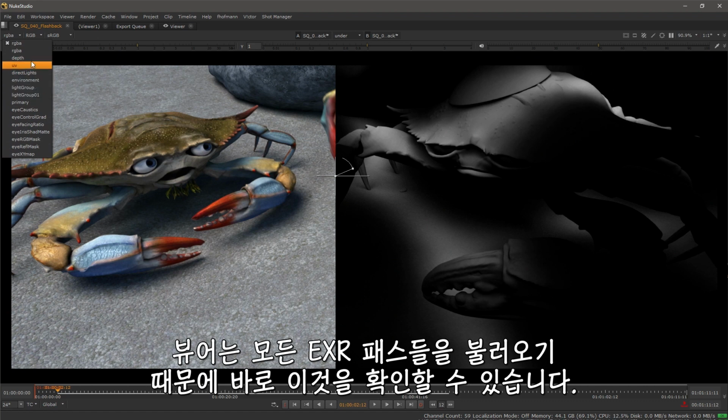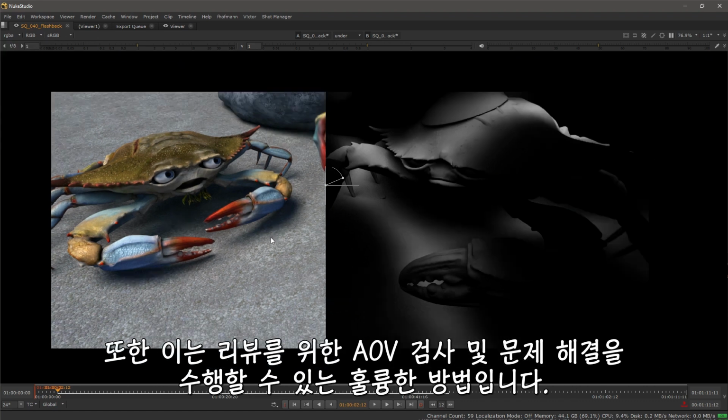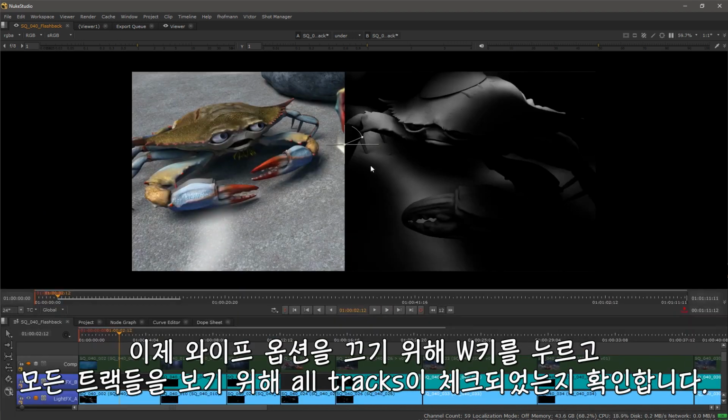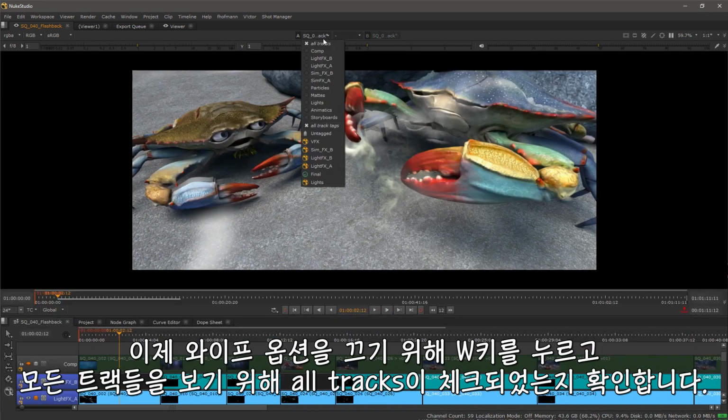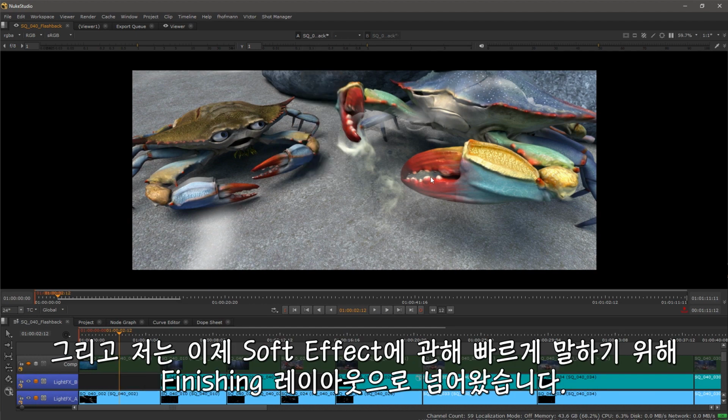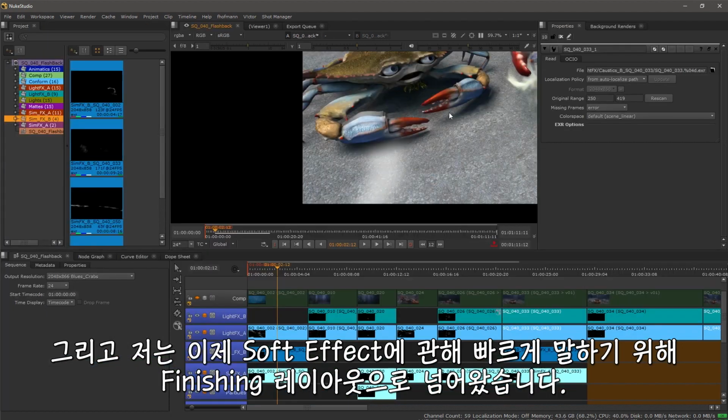You can see inside of here that we have a bunch of them. And this is a great way we can be doing AOV inspection or troubleshooting as well for review. So I'm just going to turn off the wipe by hitting W, and I want to view all tracks, make sure that's checked. And I'm going to just jump over to the finishing layout